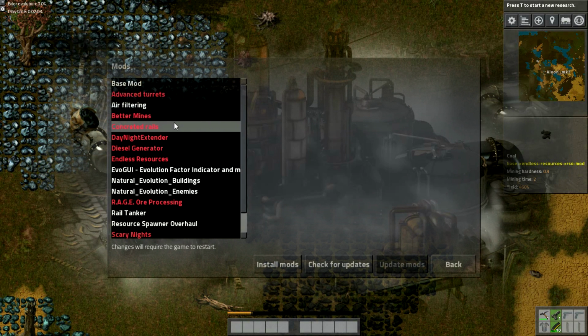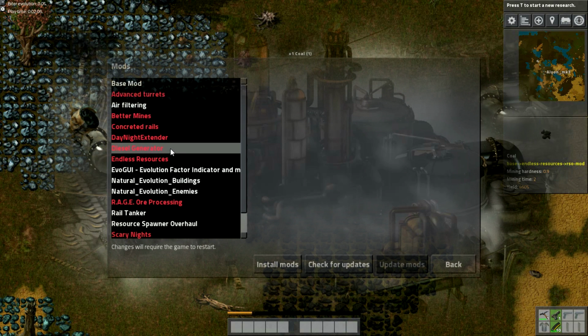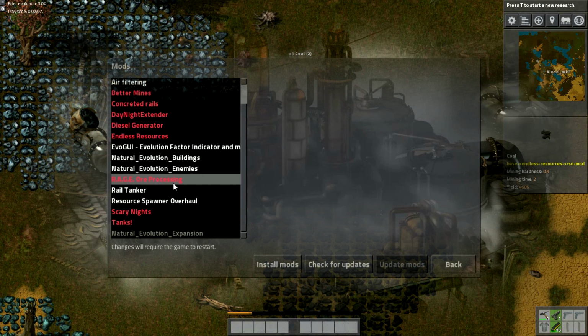So, yeah, no use there. I didn't even build any concrete now that I think about it. Day night extender, no effect. Diesel generators, I reached the tech for that, Facility 4, but didn't actually manage to build any because the base got overrun shortly afterwards. Rage ore processing basically allows faster processing in furnaces of pre-prepared ores, but again didn't manage